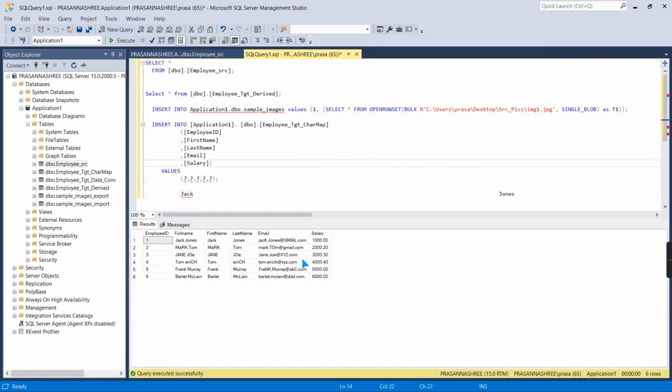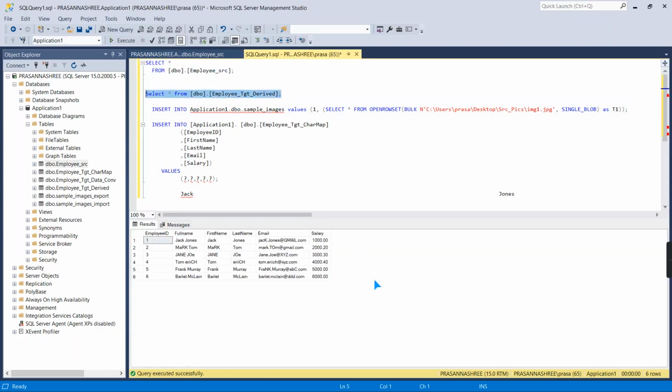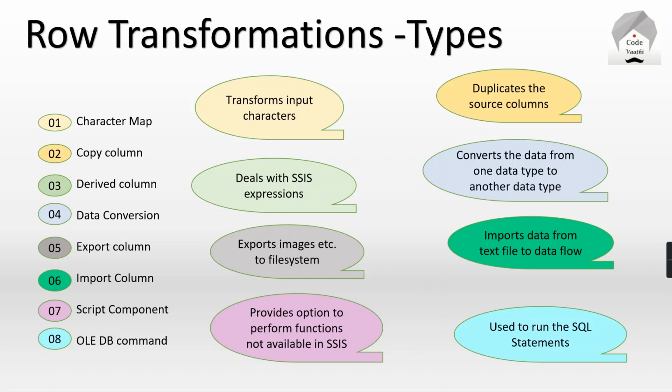Okay, and you can see here salary has been populated after rounded off. So you can check here how the data was there before. So we have 2000.23, now it got rounded to 2000.20. Okay, we'll move on to next transformation.